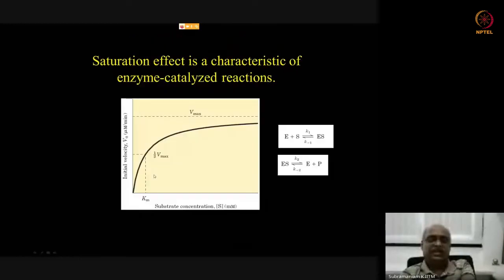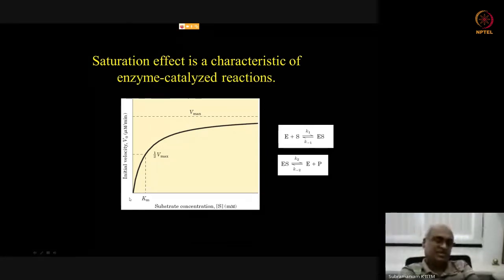So in this sort of a reaction, if we are going to call, let us say, V0, we are looking at initial velocity. The reason we are looking at initial velocity is that as the reaction happens, the substrate concentration changes because it is getting converted into product. And therefore measuring the rate in terms of the substrate concentration at later stages is not readily possible,